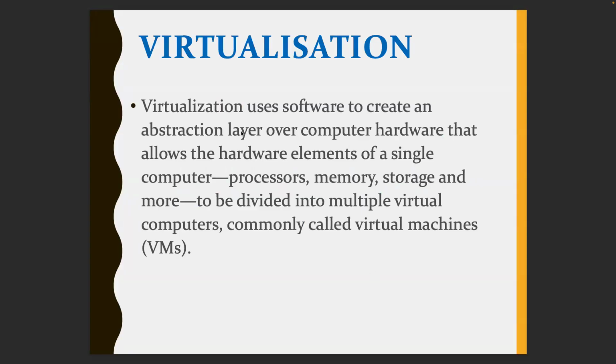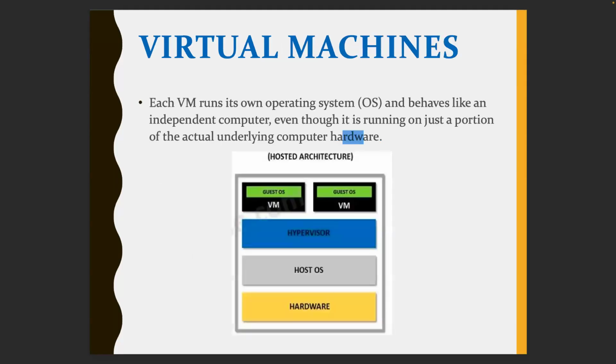What is this virtualization? Virtualization uses software to create an abstraction layer over computer hardware that allows hardware elements of a single computer, processors, memory, storage, and more, to be divided into multiple virtual computers, commonly called virtual machines. So what does it mean exactly? Let me show you with an example. Here we are talking about virtual machines, which use the concept of virtualization at the back end. So how exactly it works is,